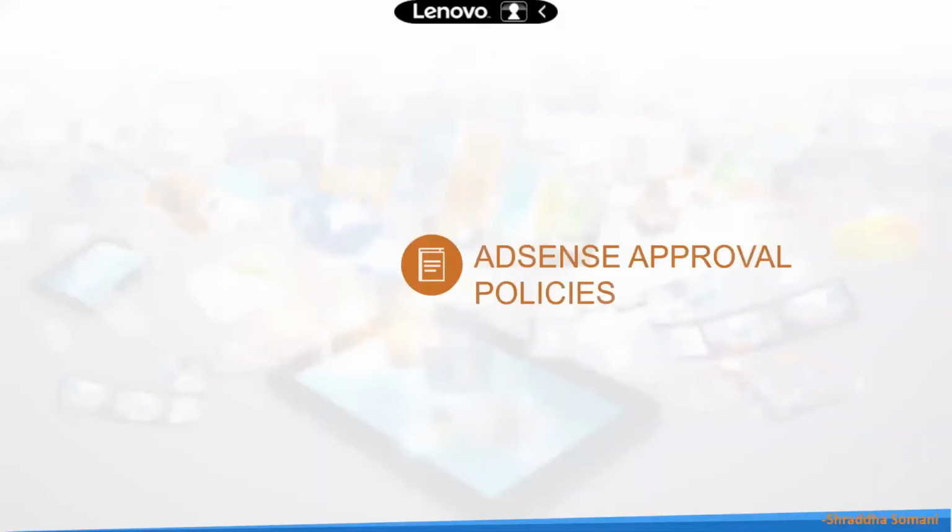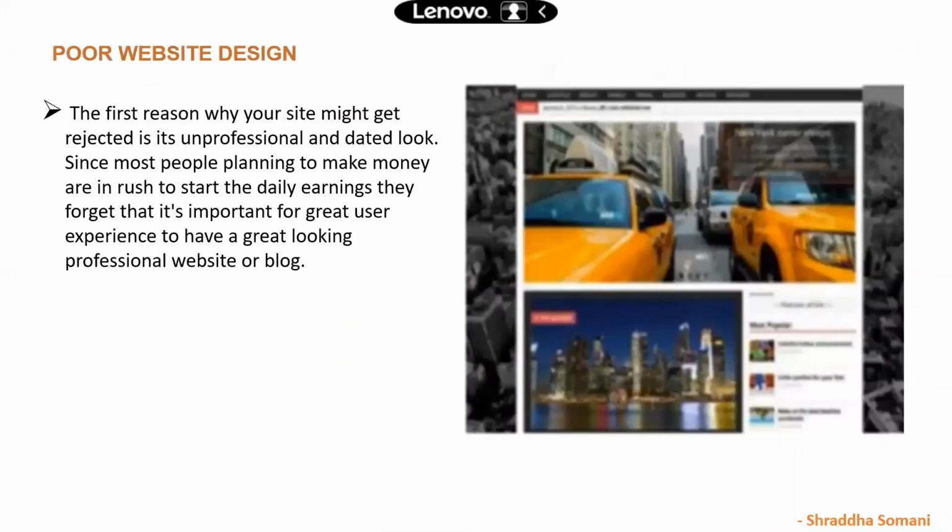Okay, the most important part is the approval policy. The first thing Google AdSense sees before approving is the look and feel of your website. As I told you, you have to select a good theme, relevant to your business. So if you can see this theme, right?